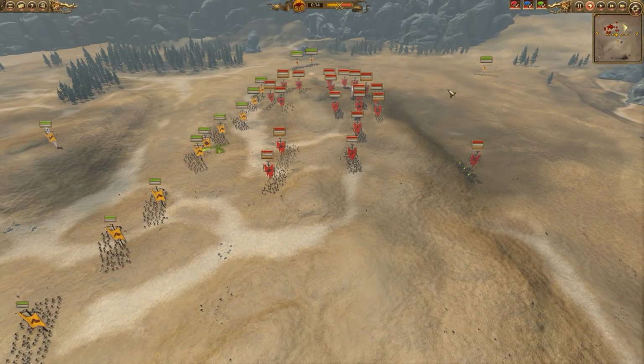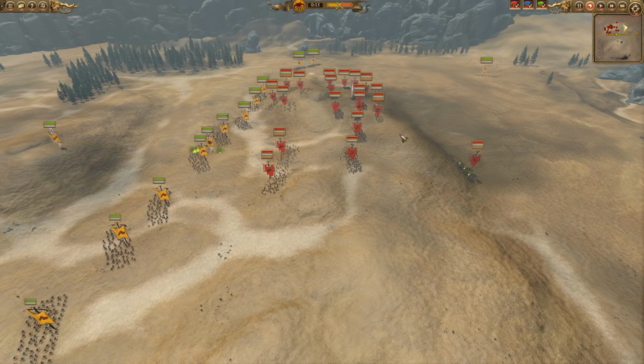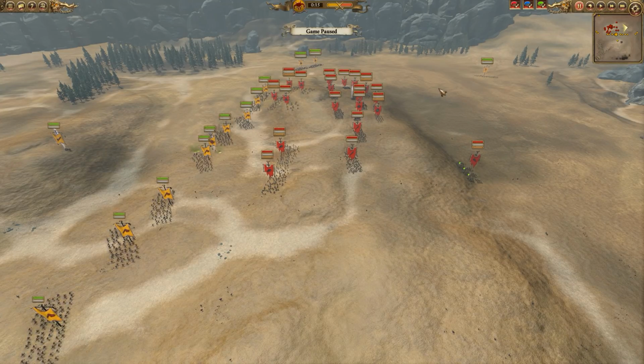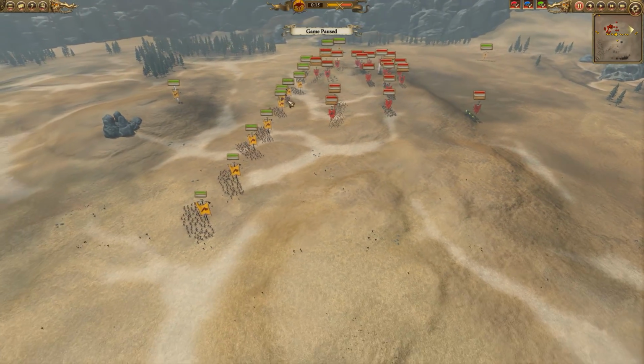The whole point of the Vanguard Army is to catch your enemy off guard and try to just overwhelm them before they can really get their micro down and address all of the threats. I guess I should actually pause this. Sorry, I know. So the way that you do that is if you lock this entire formation, which I did...